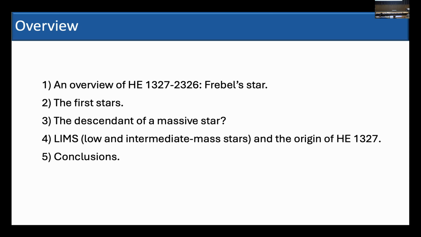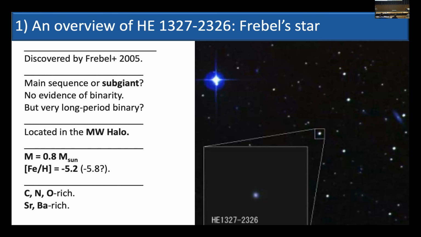First, an overview of this star, a summary of first stars, the interpretation of travel stars, so this descendant of a massive star, whether low and intermediate mass stars might play a role in their origin, and we believe so. And then I'll draw the main conclusions. So Travel star